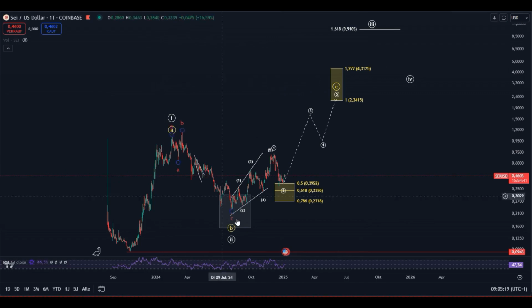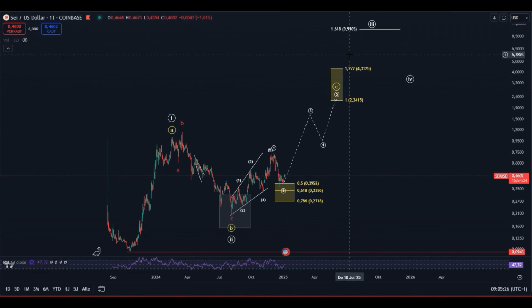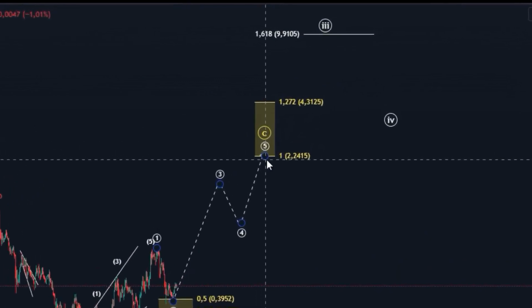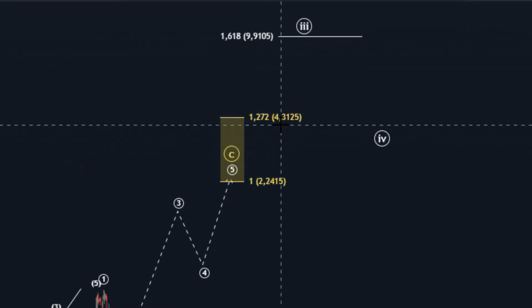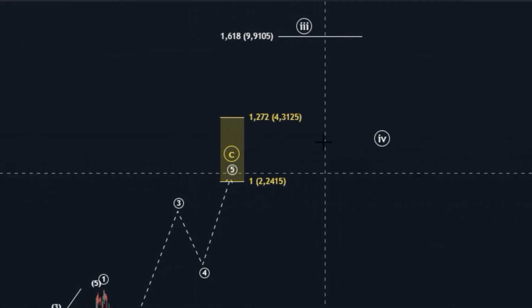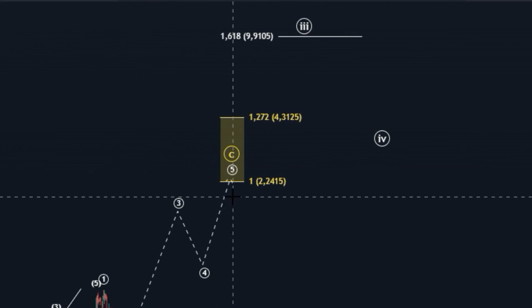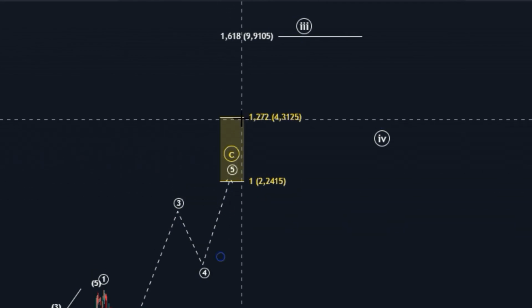The difference is as follows. If we only have an ABC formation here, then the target for the bull run is significantly lower than if we have a 5-part movement. In the wave count, in yellow, for the ABC, we would have a price target of 2.24 up to 4.31 that one can still reach with it. These targets are of course not set in stone. You also have to take a look at how the substructure develops. Then you can specify whether we might be lower down or if it goes up a bit more.